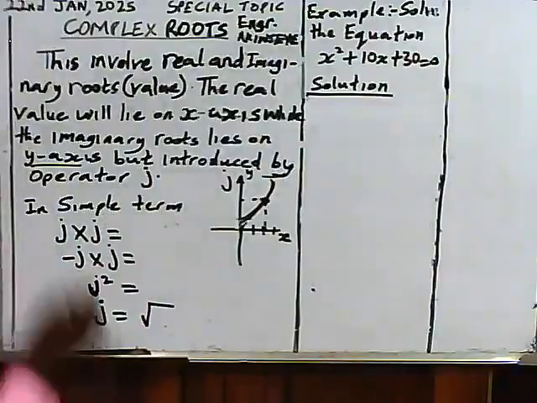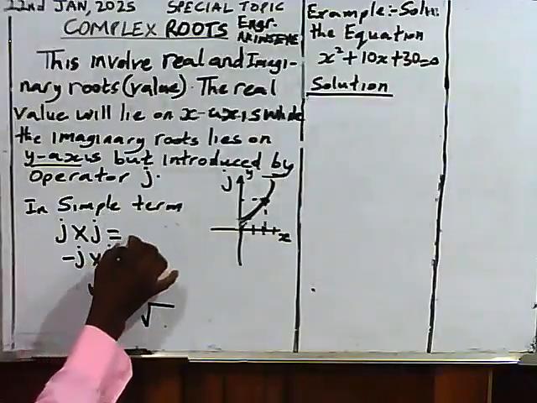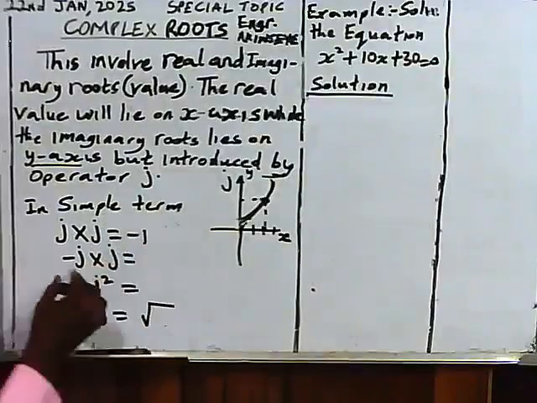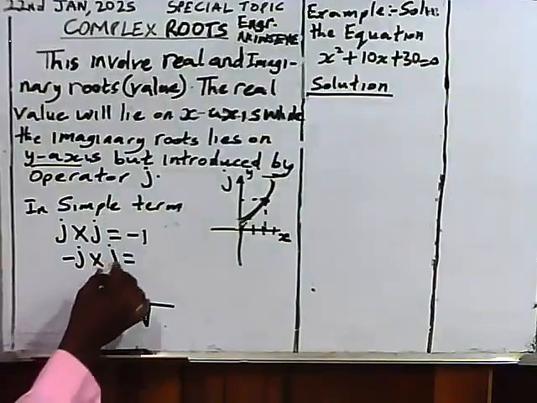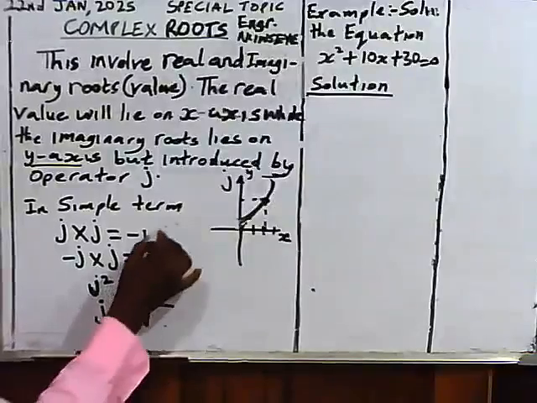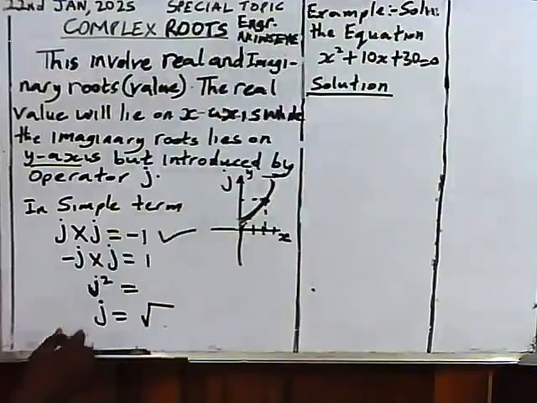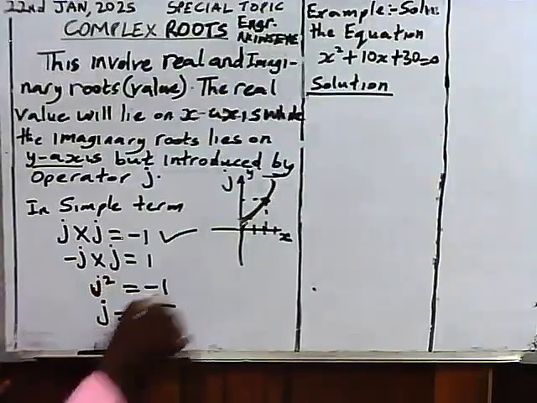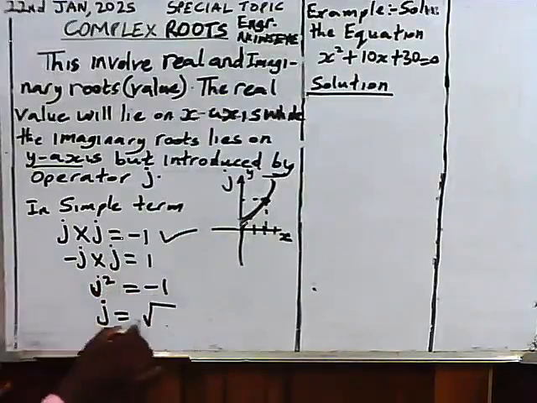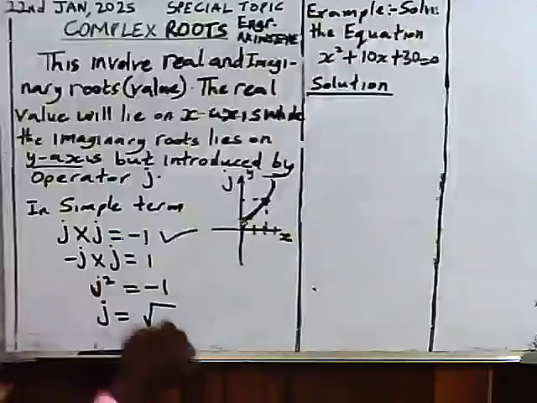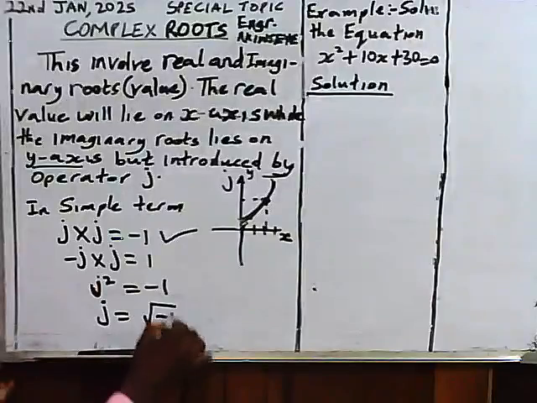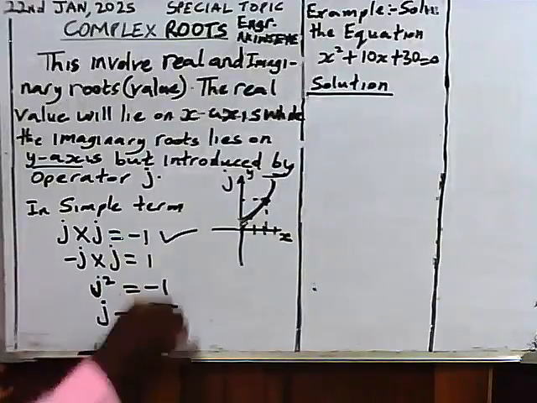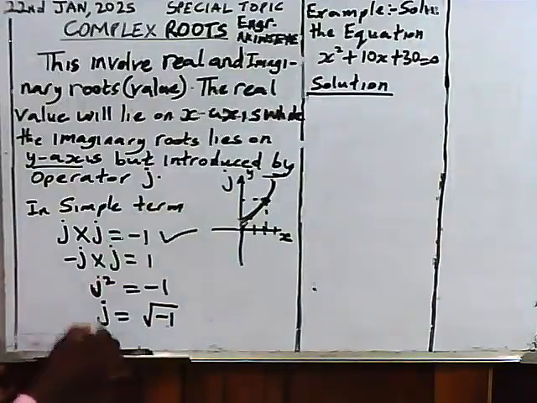In simple terms, J times J equals minus 1, while minus J times plus J is 1. But we are making use of this under complex root. J times J is J squared, which is minus 1. So make J the subject of the formula, square root both sides. So if we square root both sides, we are going to have the square root of minus 1. Anywhere we see the square root of minus 1 under complex root, we change it to